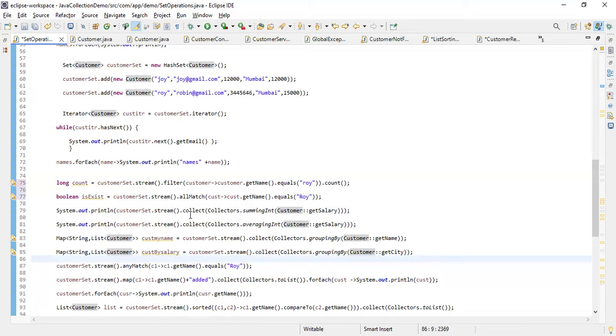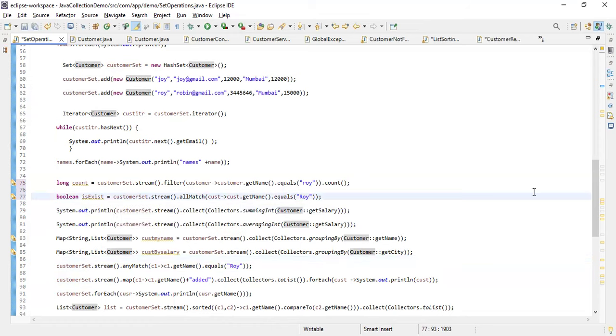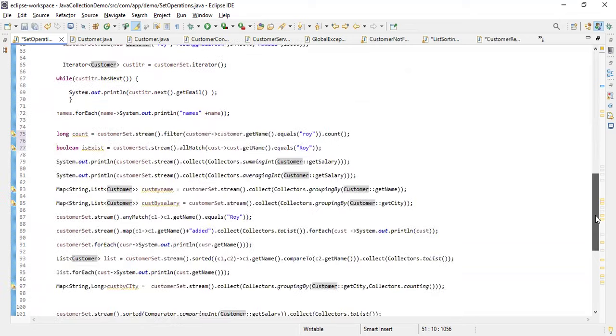Like this, you can get the average, sum, and also max and min. This is the way you can check it, rather than writing an iterator and processing the logic yourself if you are not using these kinds of operators.